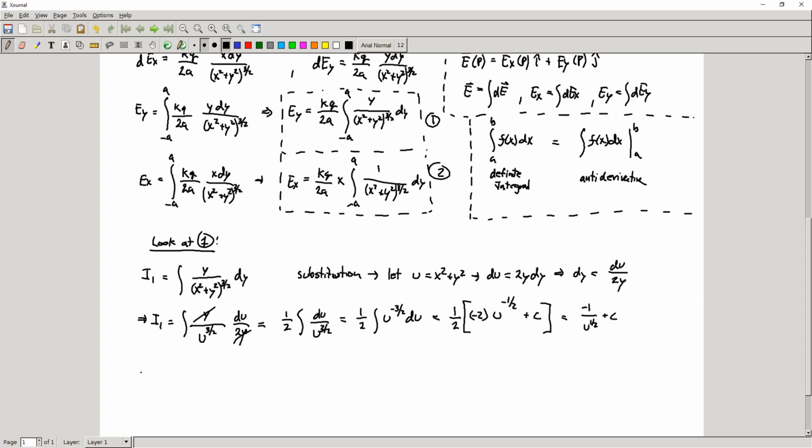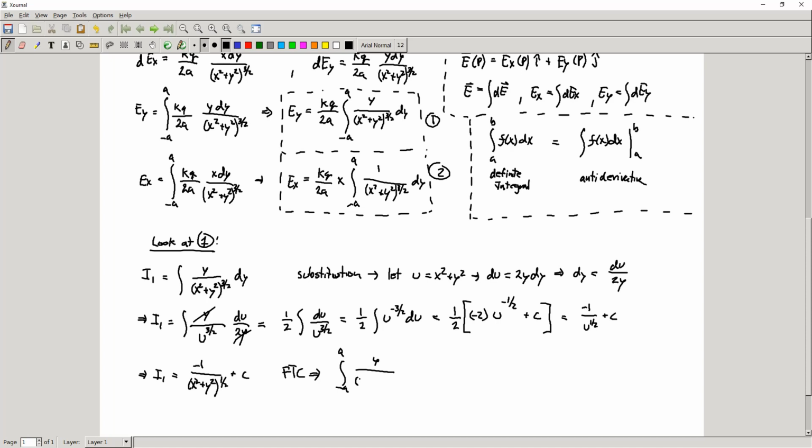Maybe I'll rewrite it one more time, substituting back in for what we know u to be. And so we'll have I1 is equal to minus 1 over x squared plus y squared to the 1/2 plus c, right? And now we're going to use the fundamental theorem of calculus to connect this indefinite integral back to our definite integral. This means that the fundamental theorem of calculus tells us that the integral from minus a to a